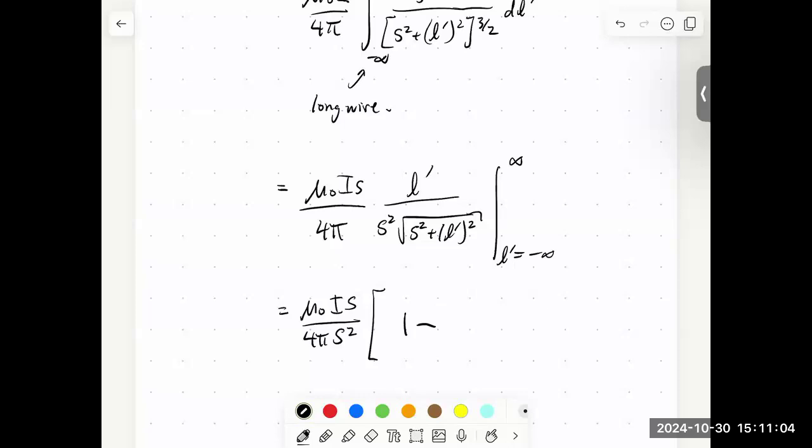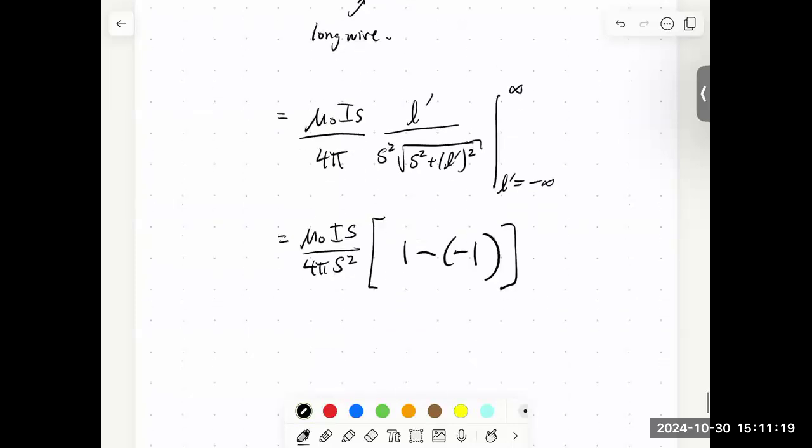So we get an L prime here, absolute value. At minus infinity it becomes plus infinity, and over here we just get a minus infinity. So the ratio is -1. Okay, so that's good. Cancel the s's. 1 minus -1 is a 2. And so B